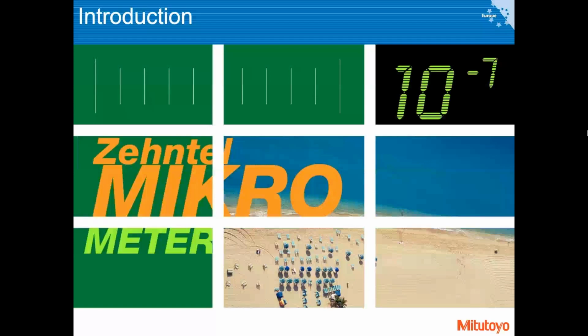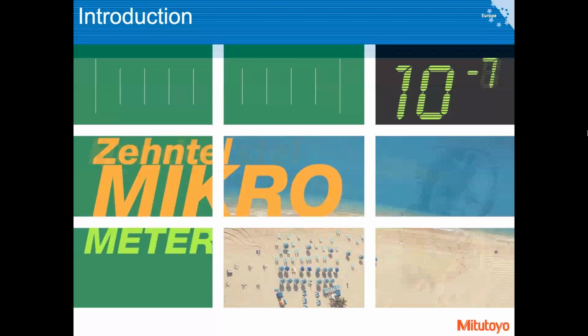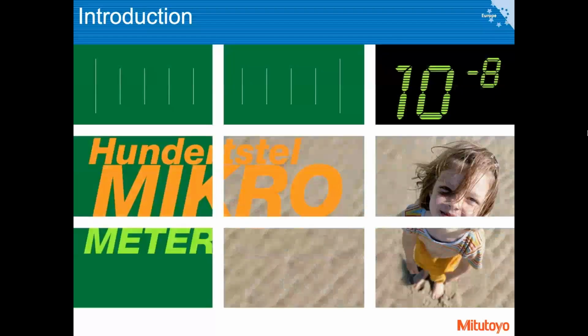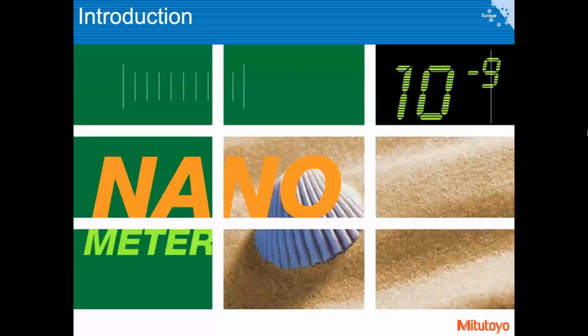And we are now zooming onto the beach, which is 10 to the -7th, -8th, and the very last is the nanometer, which would be if you would zoom in from a whole view of the planet Earth down to seeing a sand grain. So this is a humongous zoom in, but actually